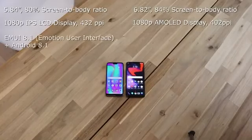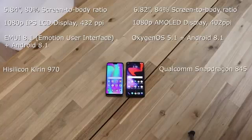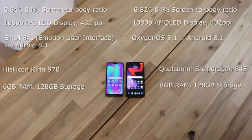In terms of the operating system, the Honor-10 runs on EMUI, which is Emotion User Interface 8.1, on top of Android 8.1 Oreo. OnePlus 6 is Oxygen OS 5.1, on top of Android 8.1 Oreo. For the Honor-10, it runs a HiSilicon Kirin 970 processor, and the OnePlus 6 is the Qualcomm Snapdragon 845 processor. The Honor-10 is 6GB of memory for 128GB of storage, and the OnePlus 6 has 8GB of RAM for the